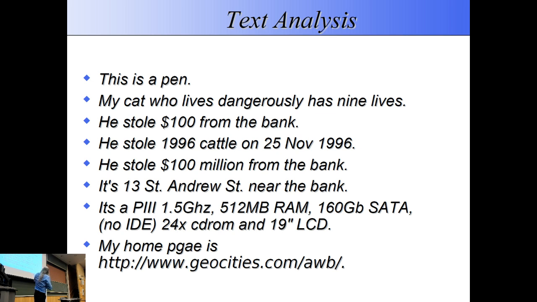Next one, that's okay. He stole $100. We know how to say that, so we stole $100 million from the bank. Oh no, wait, the million's in the wrong place. The million goes before the word dollar. So he stole $1 million from the bank. So you have to know what the following word is in order to be able to pronounce it properly. So we can do stuff, but we have to know about these things to get them right.